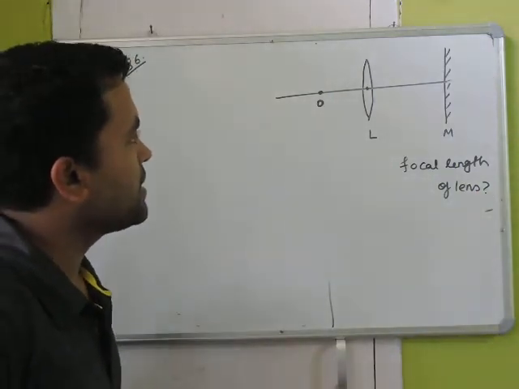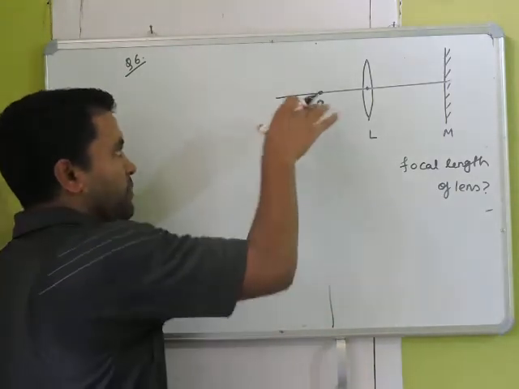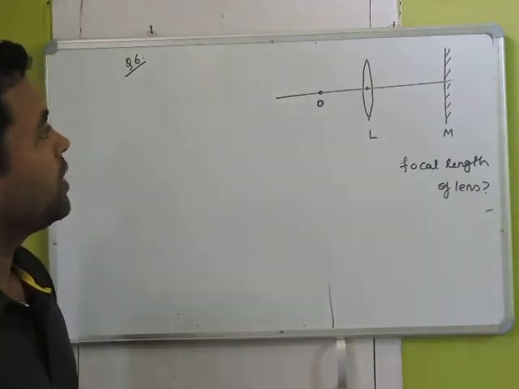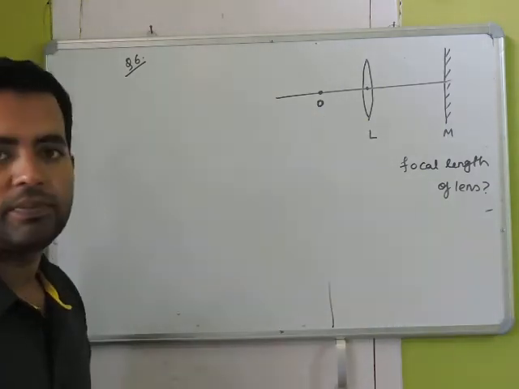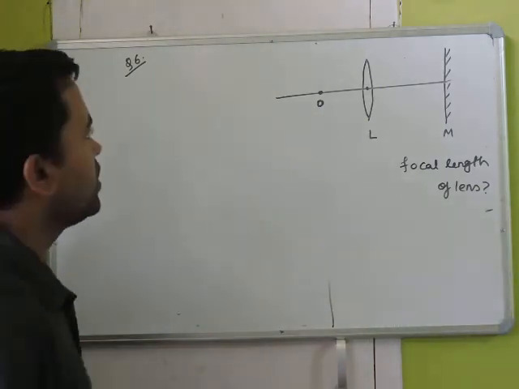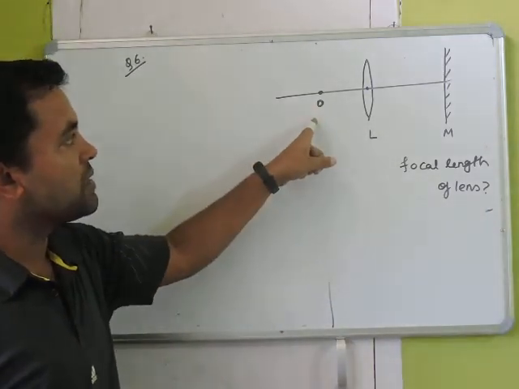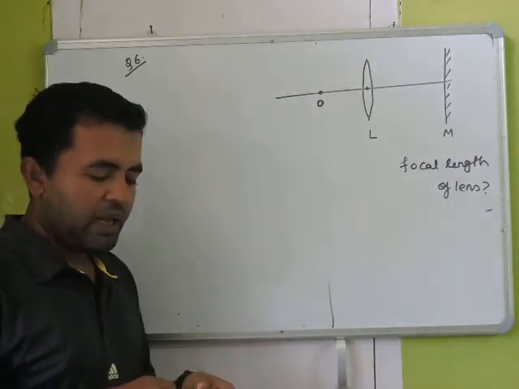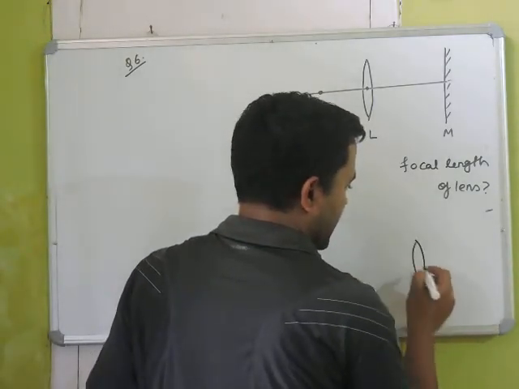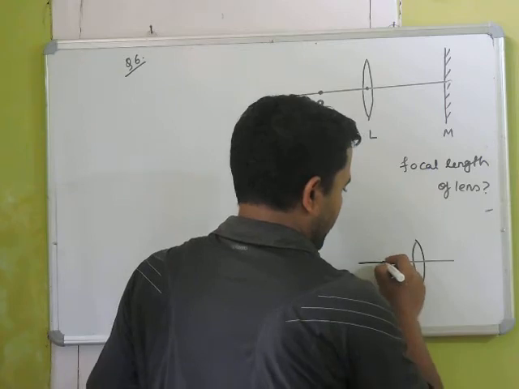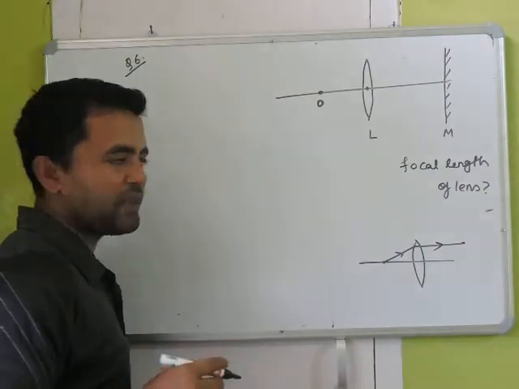Now the question is, suppose the object is kept at the focal length. Let me put it this way: if the object is put at the focal length, where will the image form? That is the question. Again, I am repeating: if the object is placed at the focal length of this lens, where will the image form? If you go back to your old concepts, in ray diagrams we learned that if a ray passes through the focus, then after refraction it becomes parallel to the principal axis, right?